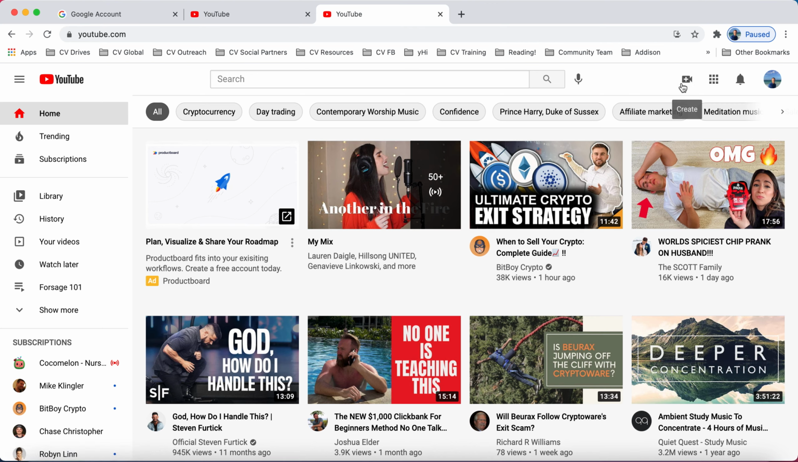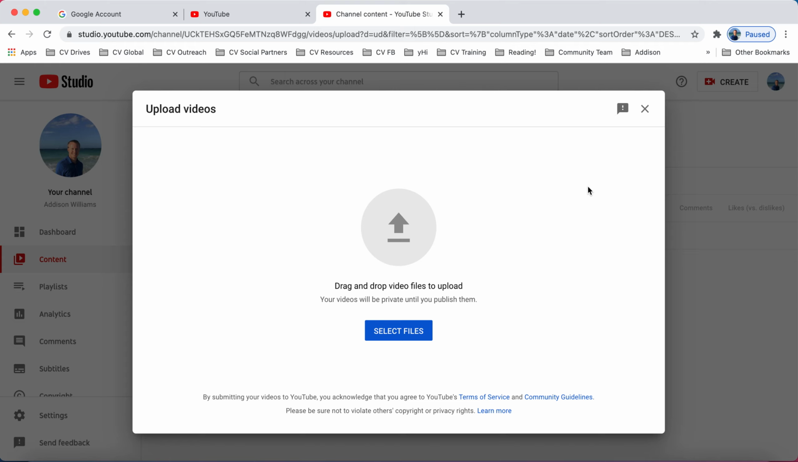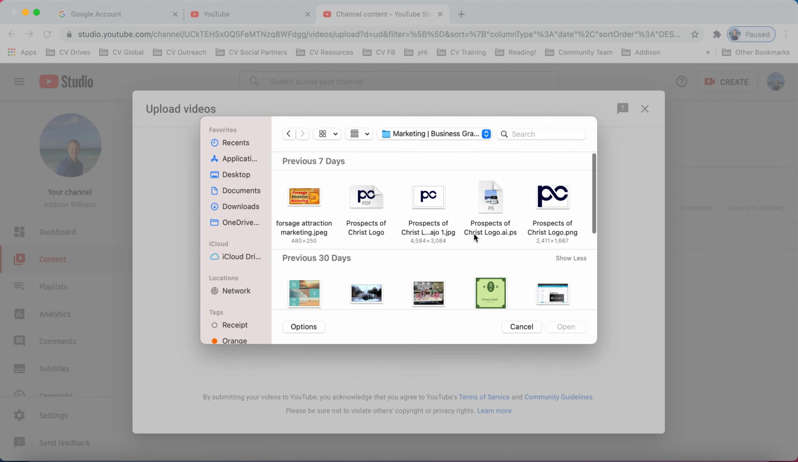But for now, for your purposes, whenever you want to add a video to your channel, you simply hit the plus and the video camera here that says create, and then you upload video. There was an option to go live. However, you have to have a certain amount of subscribers and views before you can actually utilize that feature per YouTube's policy. Whenever you want to upload your video, you simply select files, and then you're able to select,